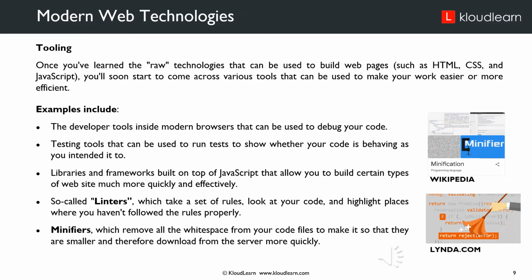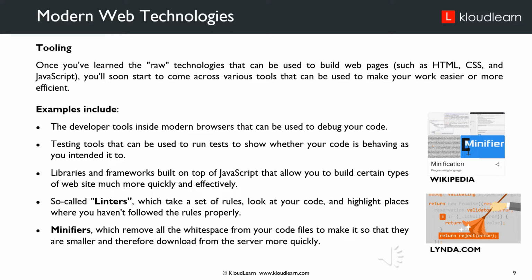Tooling. Once you've learned the raw technologies that can be used to build web pages, such as HTML, CSS, and JavaScript, you will soon start to come across various tools that can be used to make your work easier or more efficient. Examples include the developer tools inside modern browsers that can be used to debug your code, testing tools that can be used to run tests to show whether your code is behaving as you intended it to,